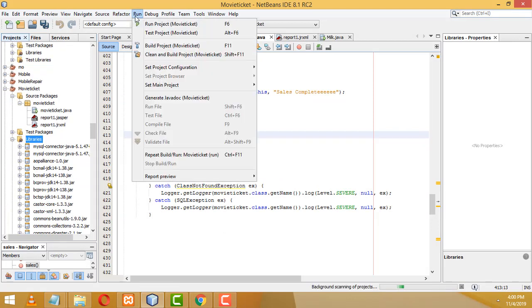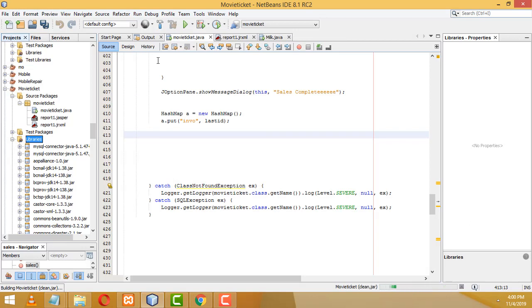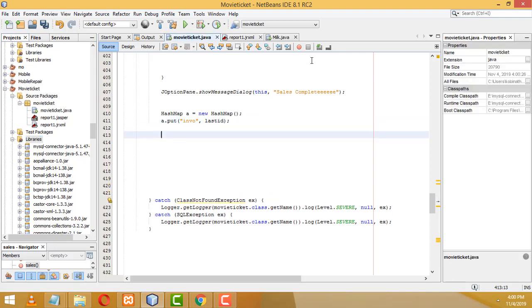After doing this, you have to clean and build the project. Right. Now all the jar files should be added here, right? After that only will you be able to add the Jasper design classes. So here write JasperDesign